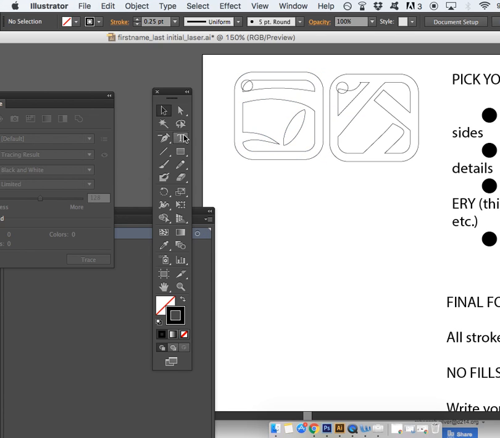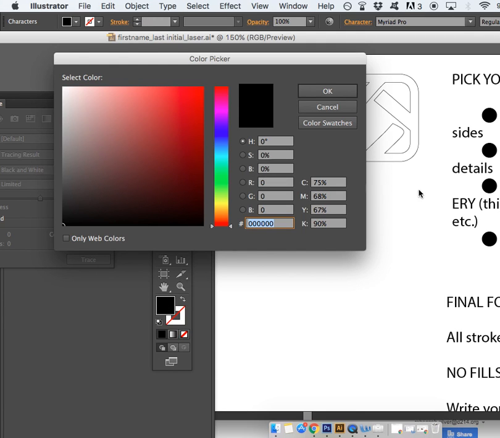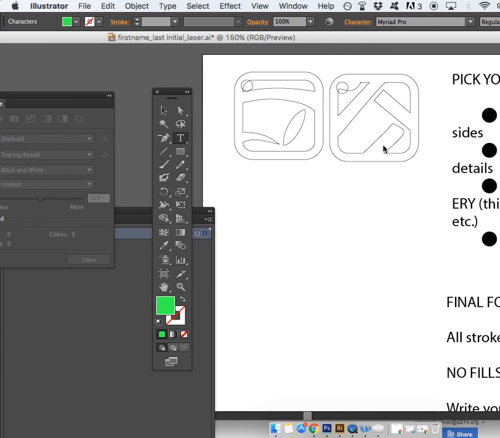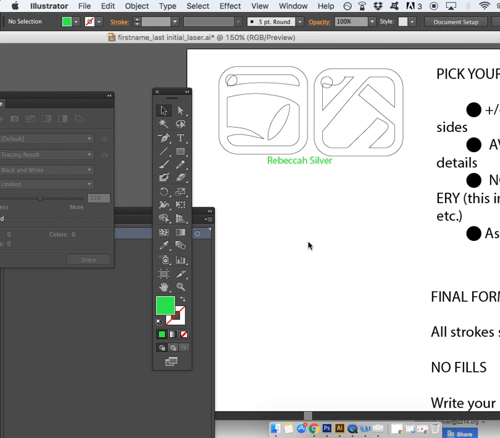And then just so we know whose is whose, down in the bottom, and the laser cutter's stupid again. So when you do this, you want to make sure that you're using a color that we're not going to use in the laser cutter. So grab a nice green color and write your name down there, and then move this up. So that way when we get this ready to format, we can just know whose is whose. So this is ready to be saved as an Illustrator file and turned in, and that's pretty much how it's